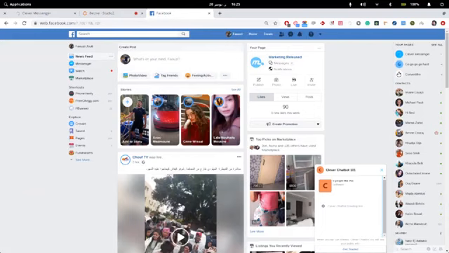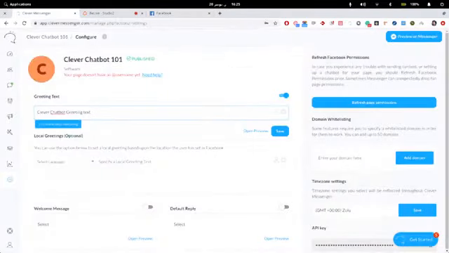So here you can see that after saving the greeting text, it got reflected right away, right over here. And if I click on get started, I will become a subscriber to my bot. However, before I do that, it's very important to let you know that once you click on this get started button, what fires is the welcome message. And it is what we're going to see next,